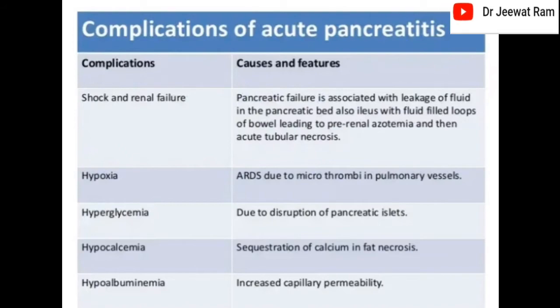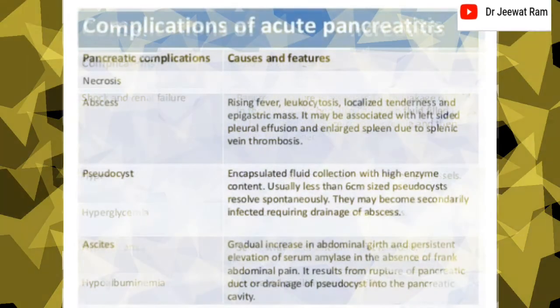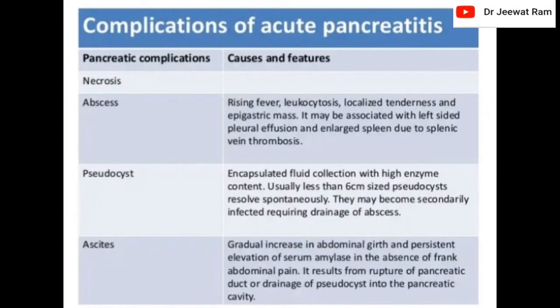Hypoalbuminemia, increased capillary permeability. Necrosis, abscess: rising fever, leukocytosis, localized tenderness and epigastric mass. It may be associated with left-sided pleural effusion and enlarged spleen due to splenic vein thrombosis. Pseudocyst,